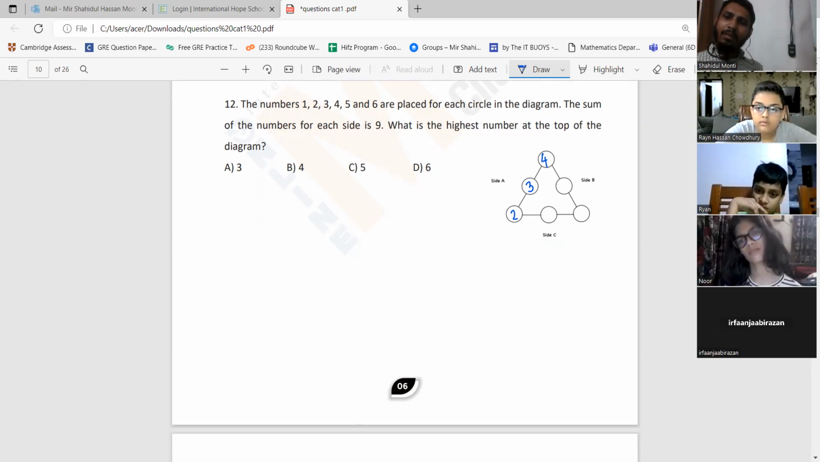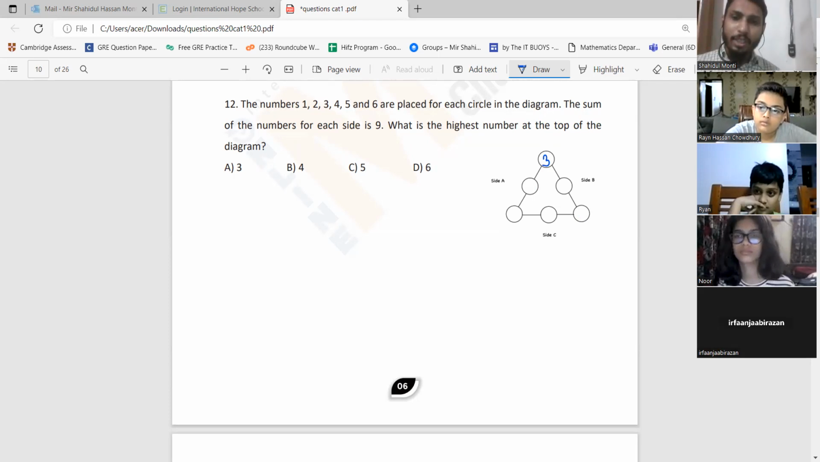The numbers that I'm left with are 1, 6, 1, 5, and 6. Let's say I put a 1 here and a 5 here, so 4 plus 1 is equal to 5, and 5 plus 5 is equal to 10. So one of the sides is getting more than 9. That's why you cannot place a 4 at the top. The highest number that you can place at the top is